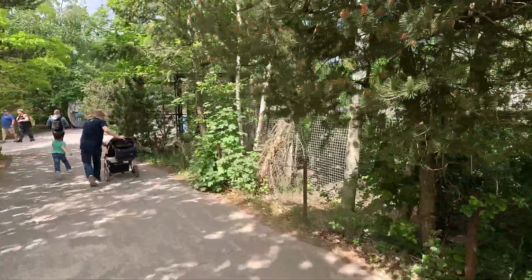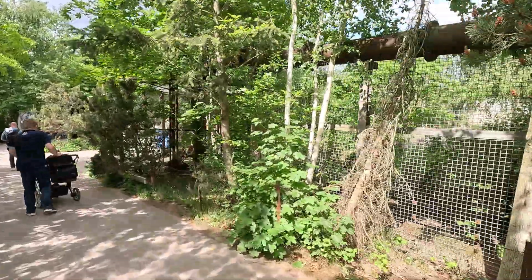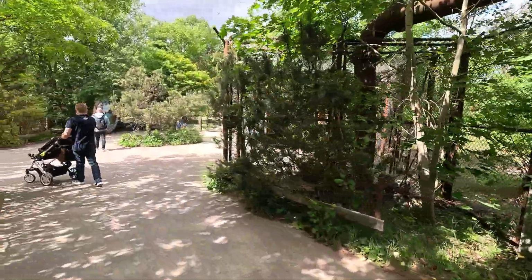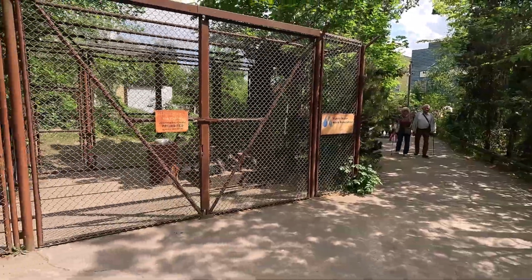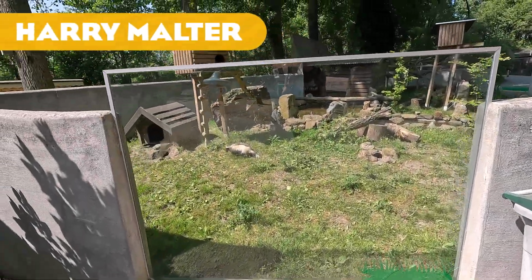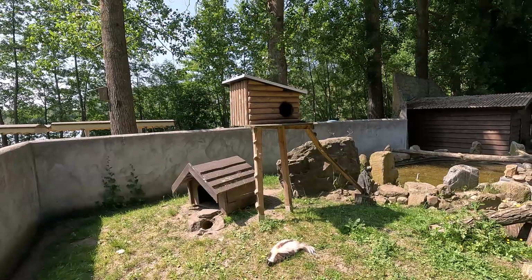And then these fences over here are like pipes going over top and then with fencing underneath. I think it looks really, really interesting and neat. It's quite a nice bit of theming right there. Yeah, I think it's really cool. So that was it. Next up, we have Harry Malter, which is another shared enclosure with the skunk, as you